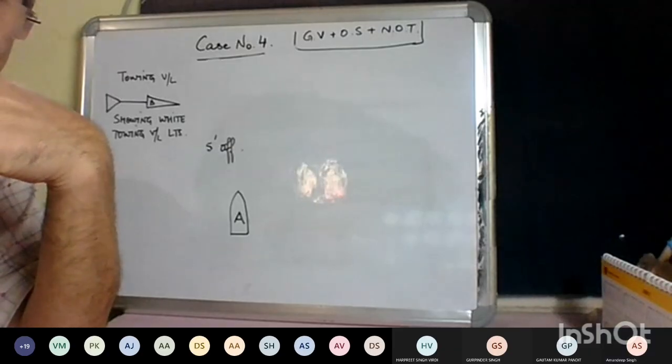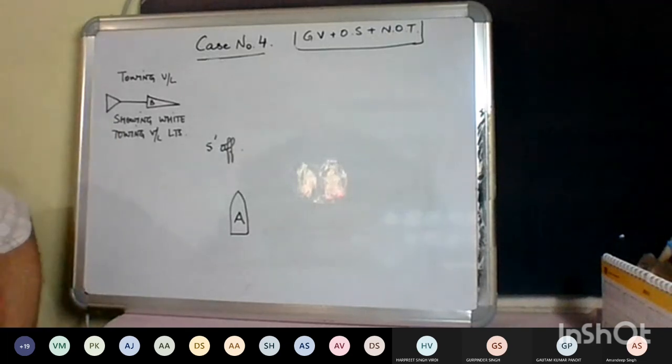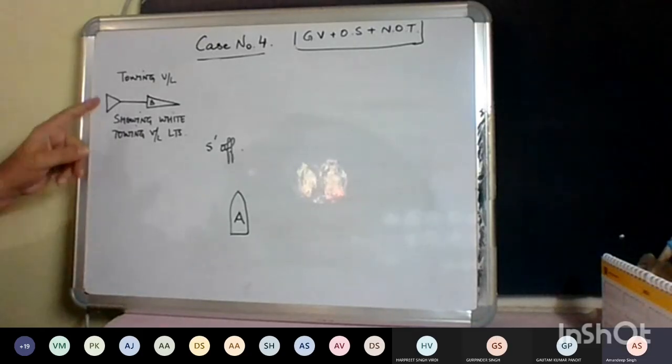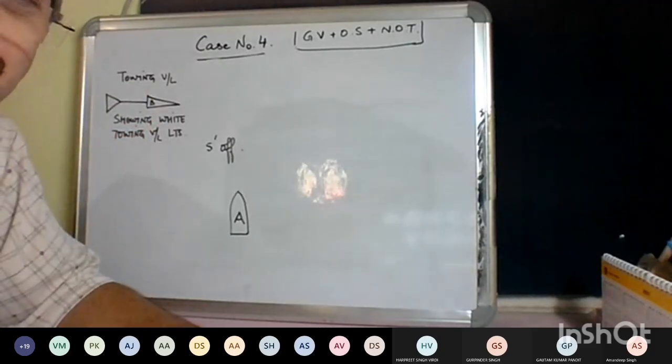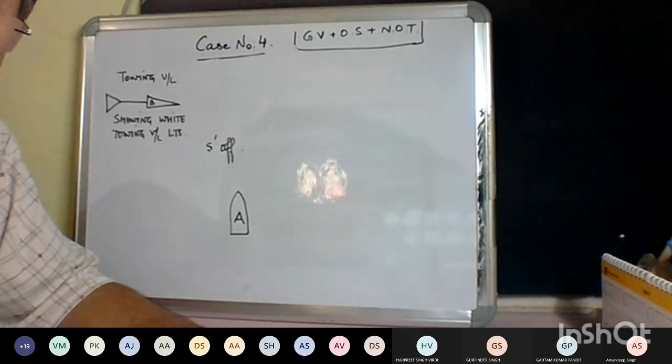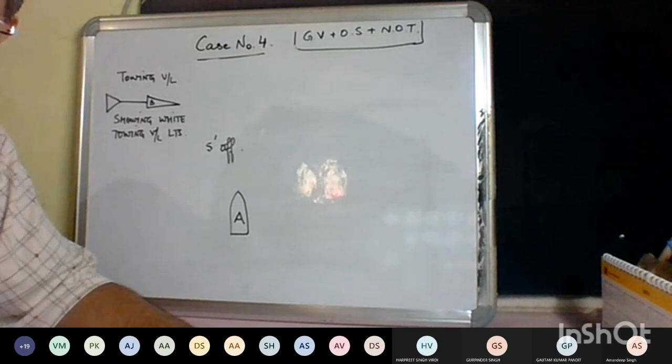Because this is the anchor light, sir, showing anchor light. Where did the anchor light come from? White showing, no sir, alter to starboard. Where did the anchor light come from? I have not written anchor light anywhere. I've just written towing vessel showing white towing vessel lights. Don't get confused unnecessarily like that. Okay. Gurpinder Singh.